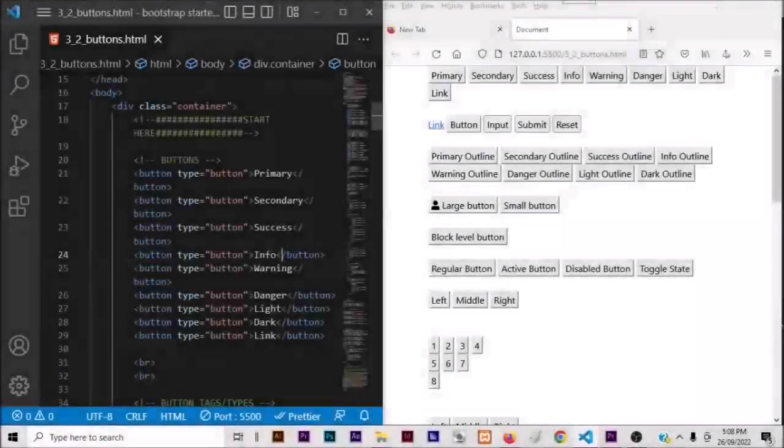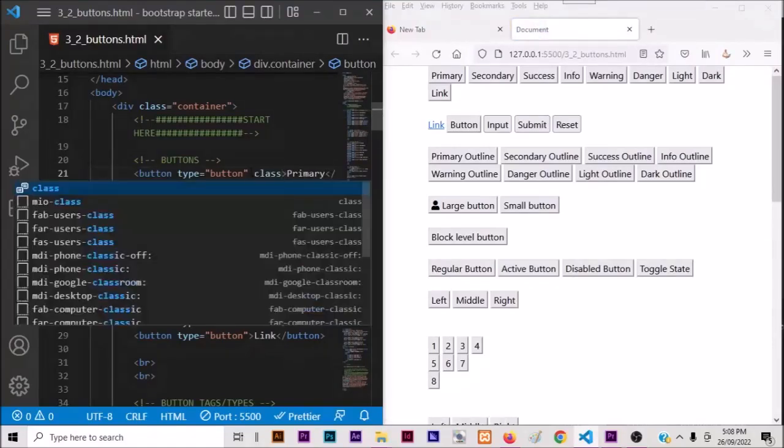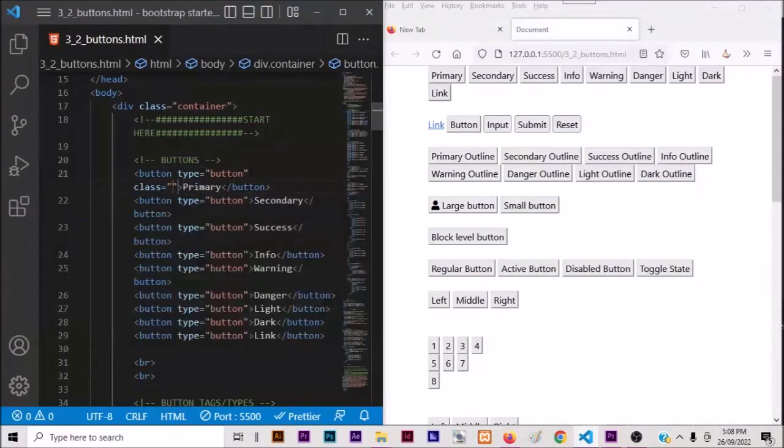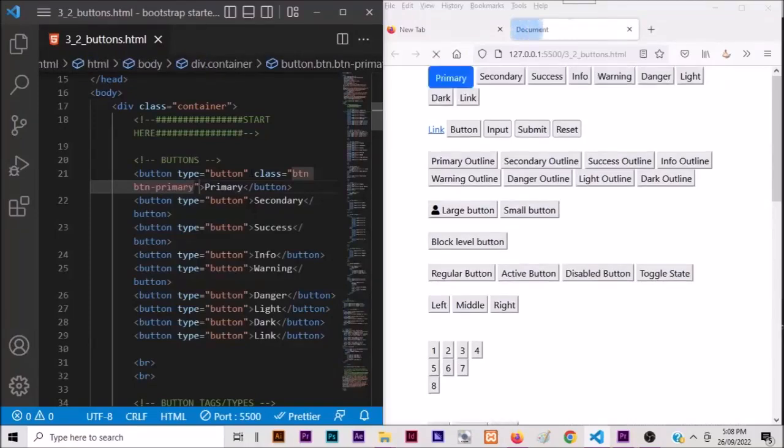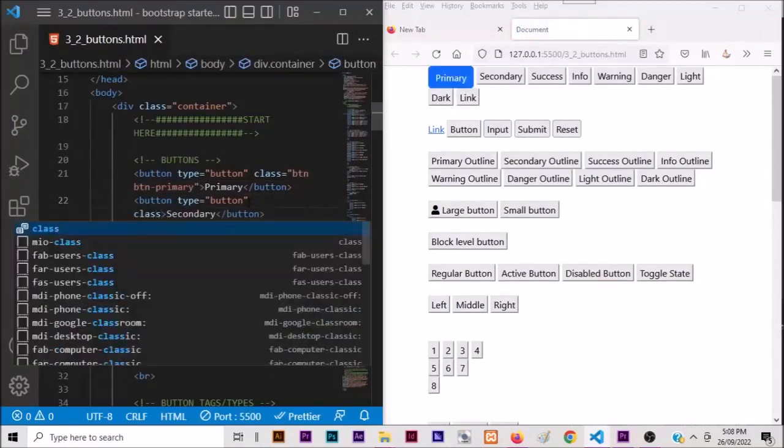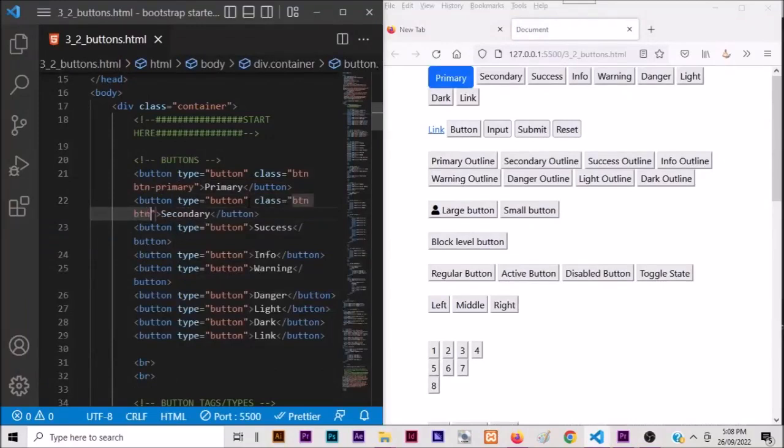In this class, we will start building our Bootstrap class by dealing with the button class. So without further ado, let's get started. So we start with the class of btn primary, class of btn secondary,